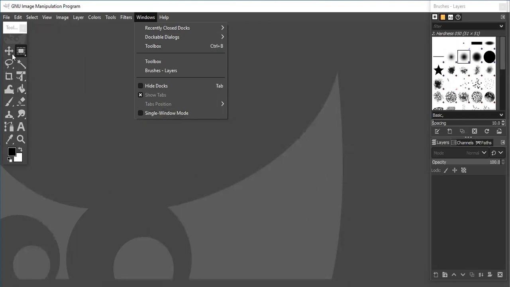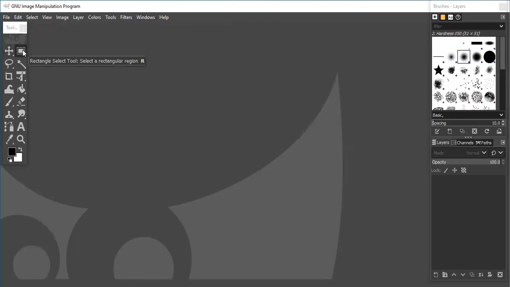Okay, children. So see, this is move tool, rectangle select tool, free select tool, fuzzy select tool, crop tool, unified transform tool, warp tool, bucket fill tool, paintbrush, eraser. Next, clone tool, smudge tool, paths tool, text tool, color picker and zoom tool.